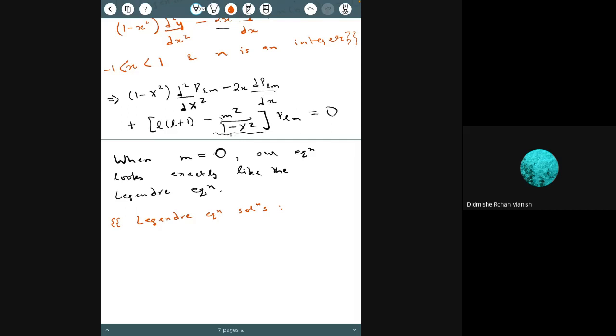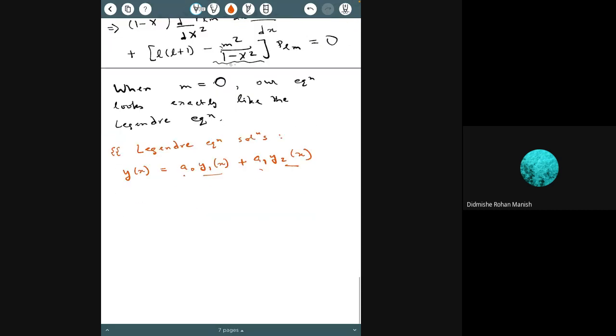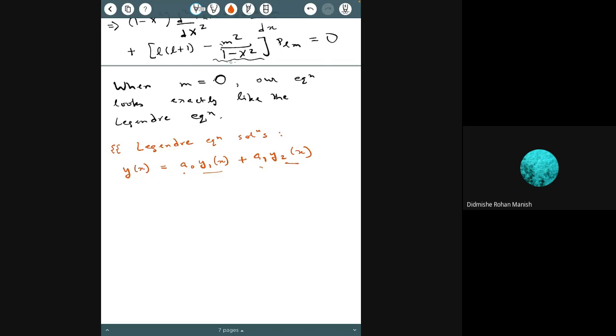The solution for y(x) has two independent parts, y1 and y2, and a0 and a1 are arbitrary constants. And the functions themselves are